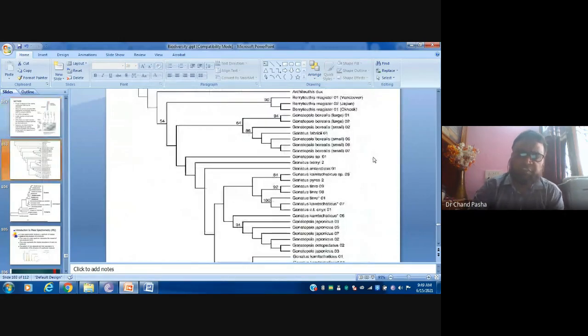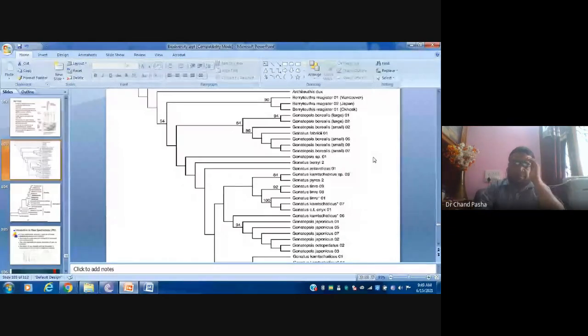And if you do the sequencing of 16S rRNA, there is a comparison of the 16S rRNA sequence. You have one sequence in your hand, and the remaining sequences you don't have with you. So you compare with the sequences which are available in the database. Clustal W, among many other tools, is the more popular tool for multiple sequence alignment. Then it will give you how close these sequences are.